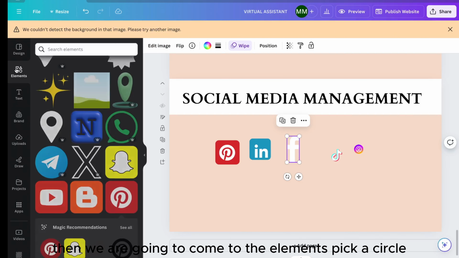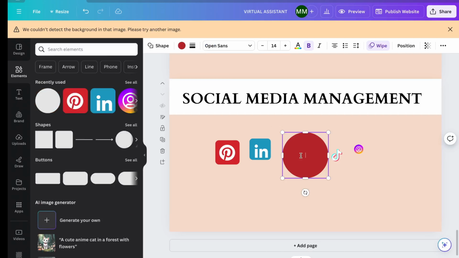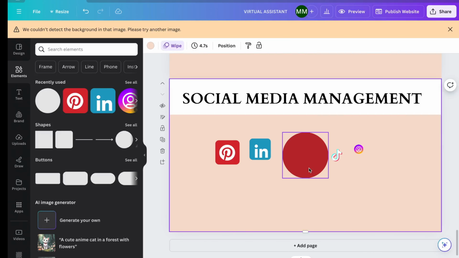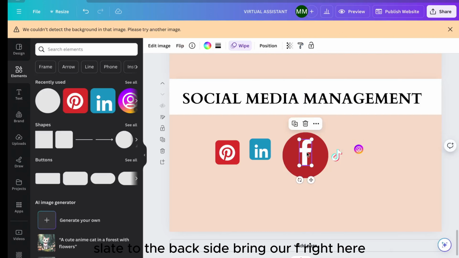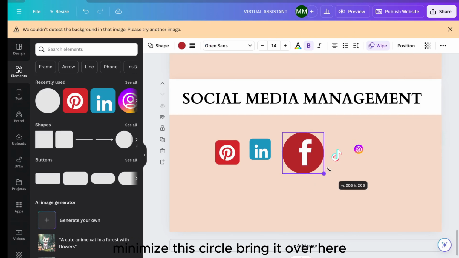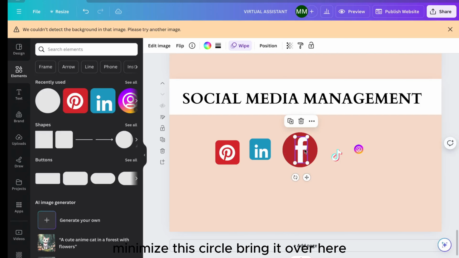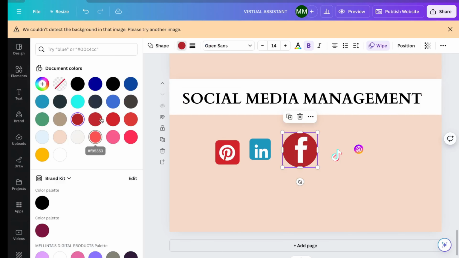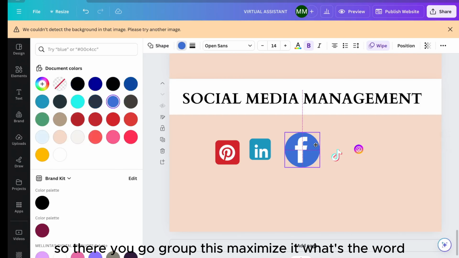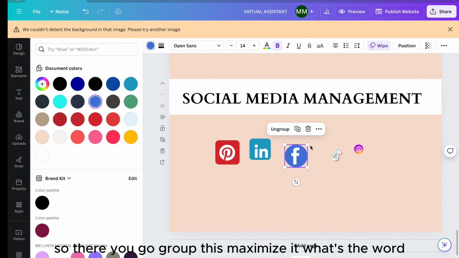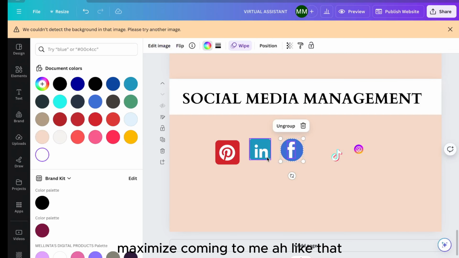Then we are going to come to the elements, pick a circle, send it backward, lay it to the back side, bring our F right here, minimize this circle, bring it over here, change this to blue. Okay, is that the blue of Facebook? Okay, you get the point. So there you go. Group this, maximize, minimize it. What's the word? Maximize coming to my like that,